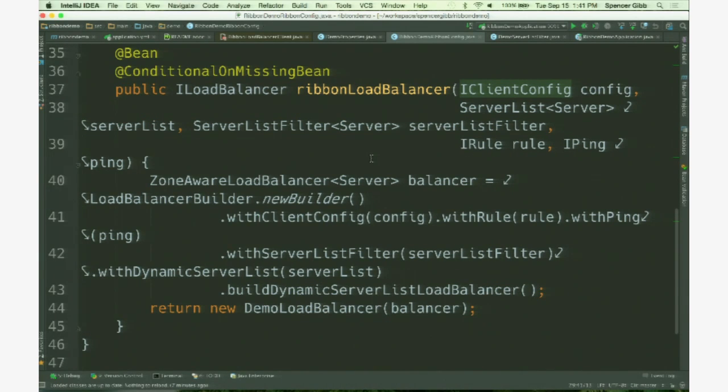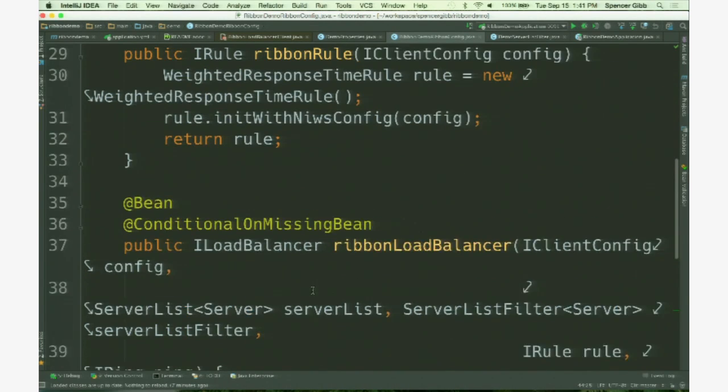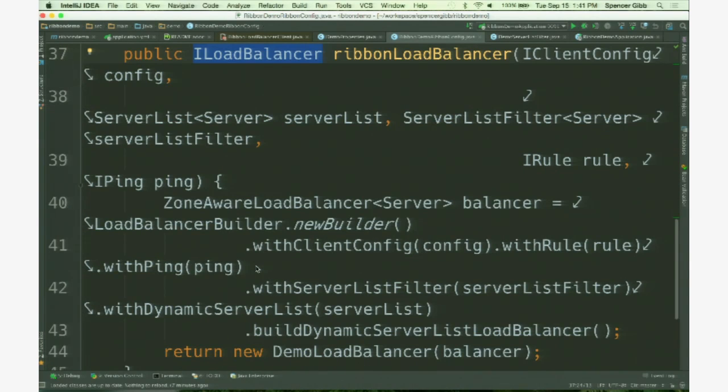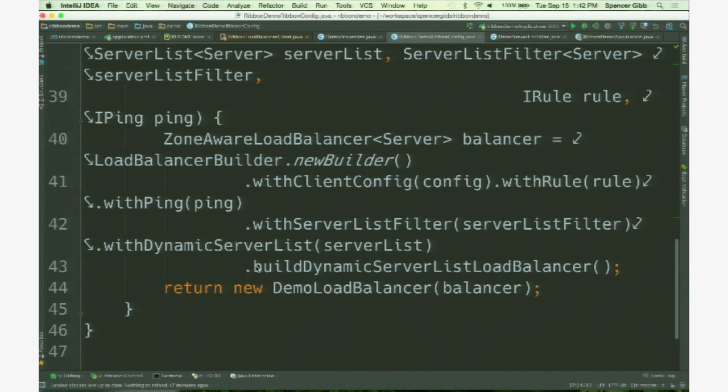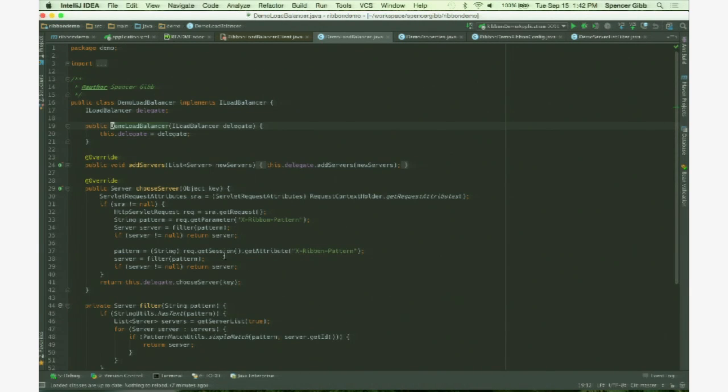The place where you can have access to user data, basically the request thread, is in the actual load balancer. So I created my own instance of load balancer here. So that ILoadBalancer, that's a Ribbon thing, right? Yep, this is the Ribbon abstraction. So we're just saying any bean of that type in this context is going to get used. Yes. And if we take a look at my load balancer,